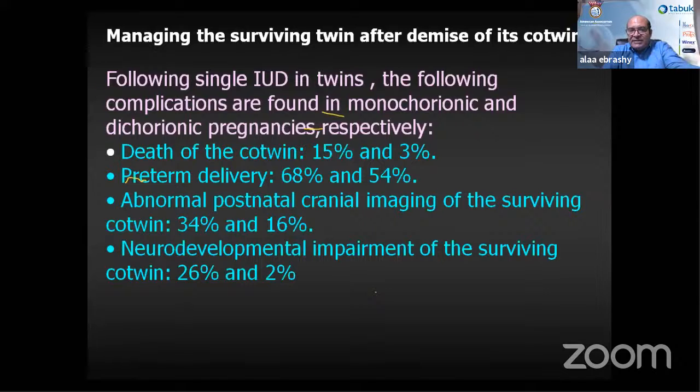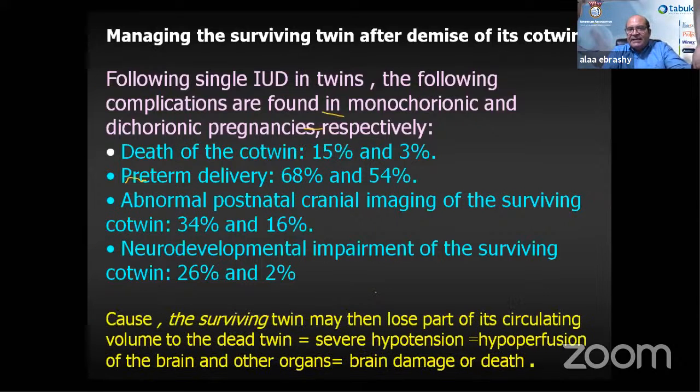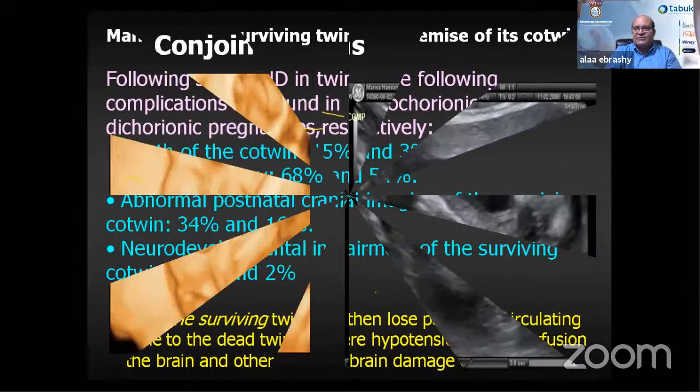And I'm now just saying again this slide because it's very important. What about the surviving twin after the demise of the co-twin? What are the possible complications that happen, comparing the monochorionic with dichorionic? And what about the surviving twin? This is a very important slide. Again, we could have death of the co-twin, preterm delivery, postnatal neurodevelopmental abnormalities in the survivor, and cranial abnormalities during the third